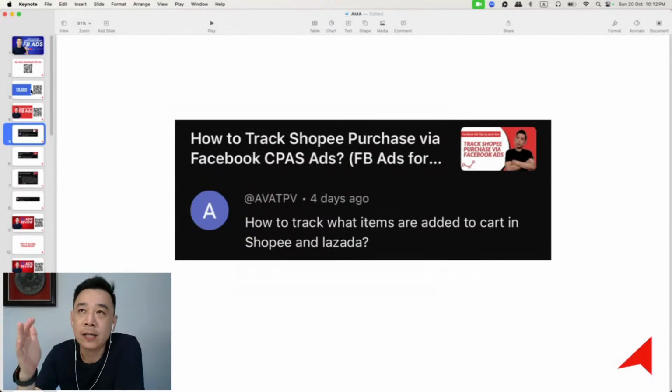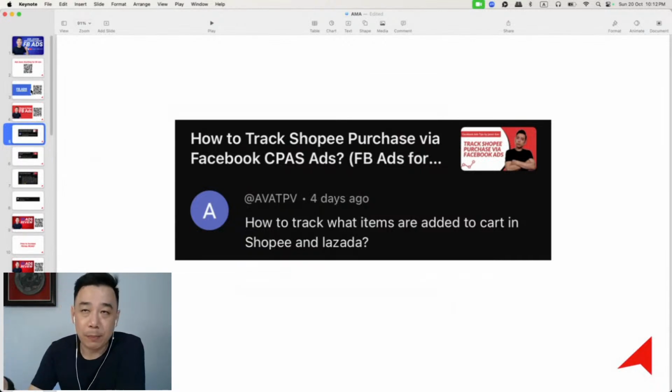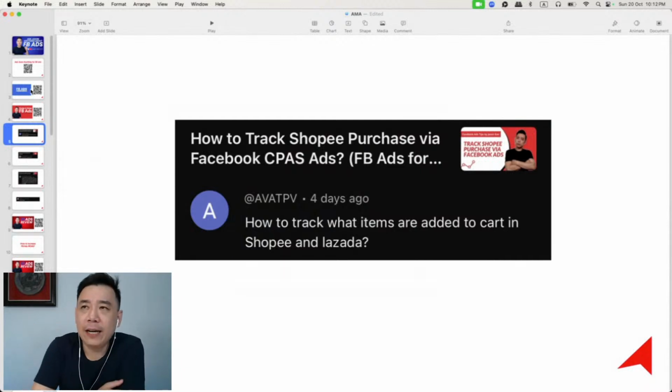Obviously, if you're running ads for your Shopee store, Lazada store, or Tokopedia store, you know that there's a way you can get CPaaS access from Shopee, Lazada, or Tokopedia, where you can run ads in a different version where you can show all the products that you have in the shop. Let's say your Shopee shop, and you can also do retargeting, targeting people who visited your Shopee shop but have yet to purchase. These are all the things that we can set up and run. So it's really an optimized way to run ads if you're running a Shopee store, for example. So yeah, I would definitely encourage you to do that.